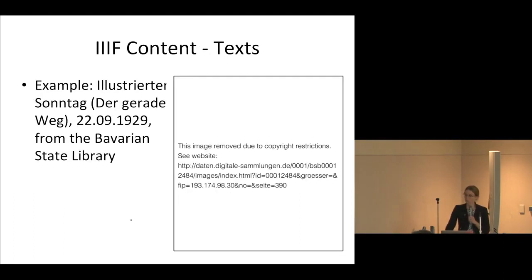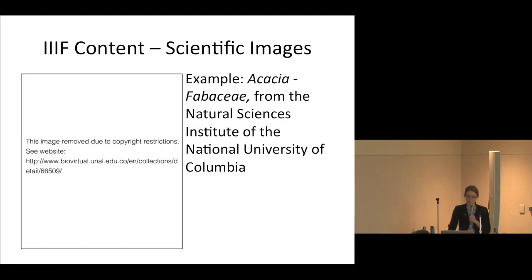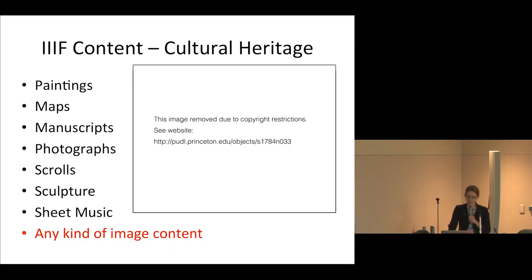But you can also make available images that contain text, so newspapers, manuscripts. We're also seeing more scientific types of images being made available through IIIF, and of course, paintings, maps, manuscripts, photos, scrolls, sheet music. Basically, any type of image content that you want to make available on the web can